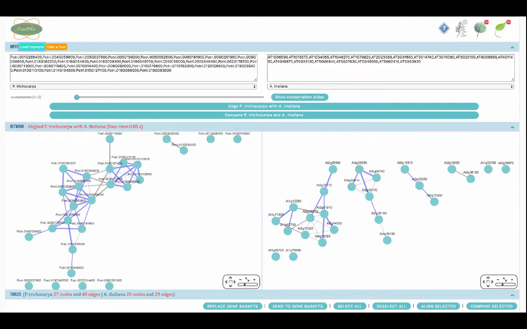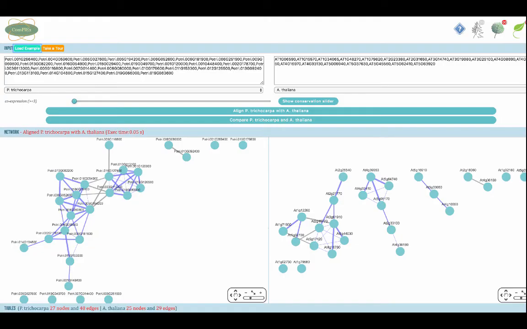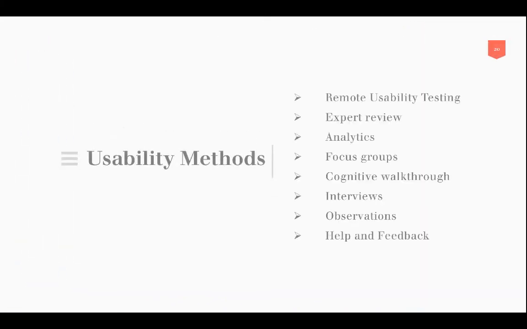As you see, starting from the first version of a complex tool to the next version, you may find the second version is much more pleasant and easy to use than the first version, but we need to make sure whether this is right or wrong using a procedural way. So we use usability methods to validate and evaluate the design principles. The first usability method is